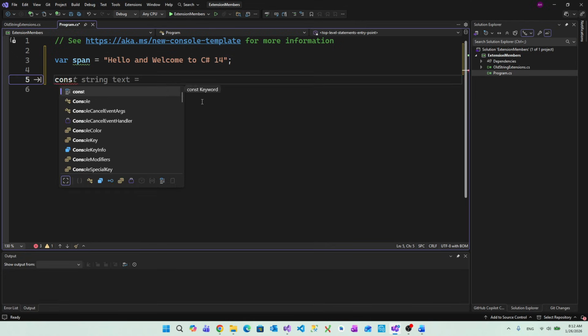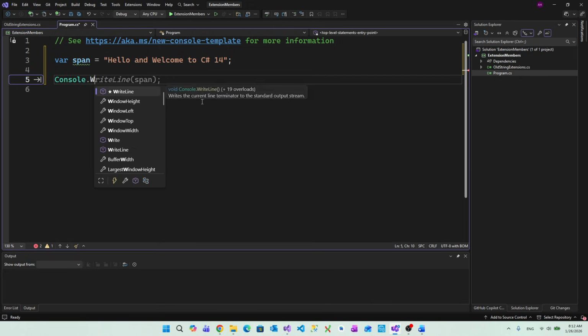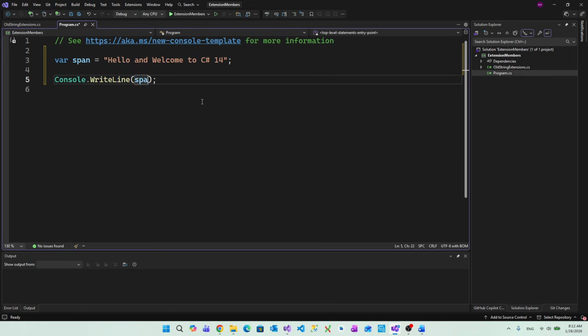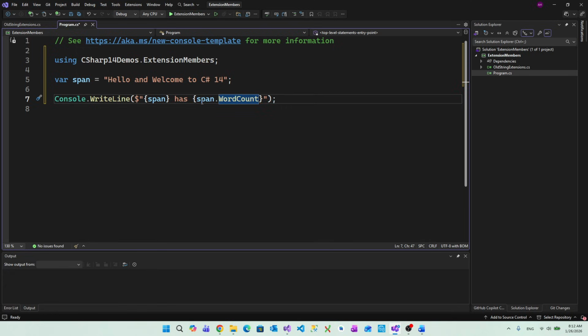And we can say console dot write line, "the span has," and we can say span dot word count, "as words." So this console dot write line will print the string has number of words, and another one